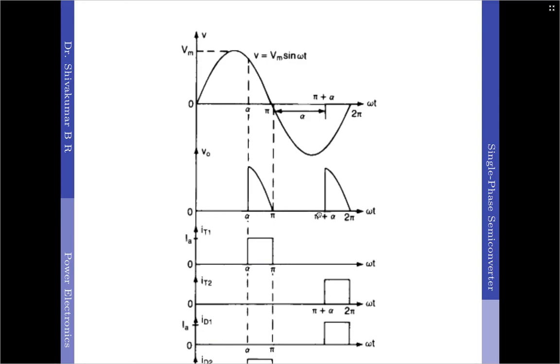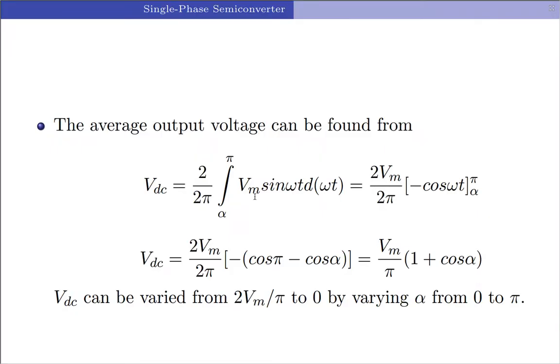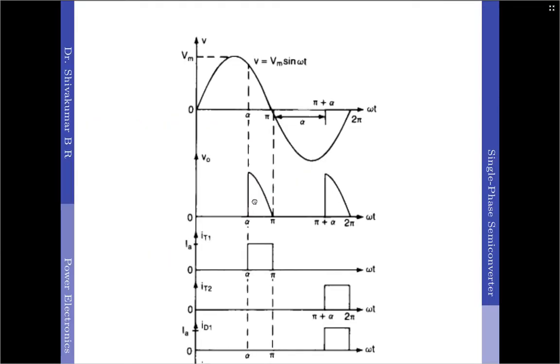Right. So when this kind of waveform appears, once again I'm supposed to simply integrate whenever the output load voltage is non-zero, and that is what I'm going to do. So what I'm supposed to do is take one full cycle of the input and integrate the output load voltage whenever it is non-zero. So therefore it is 1 divided by 2 pi multiplied by the limits. You look at this, alpha to pi and then pi plus alpha to 2 pi.